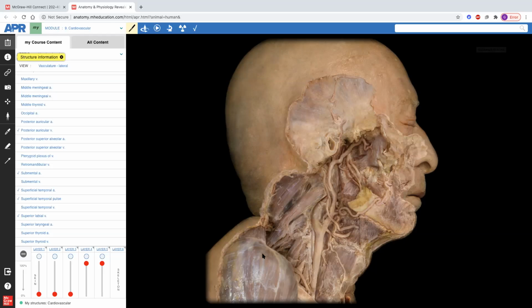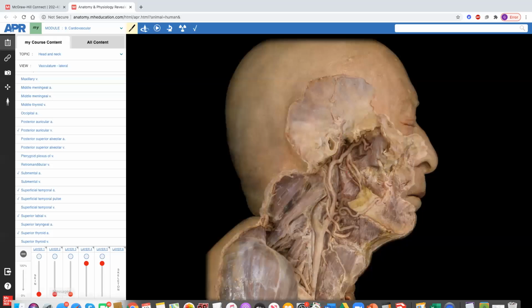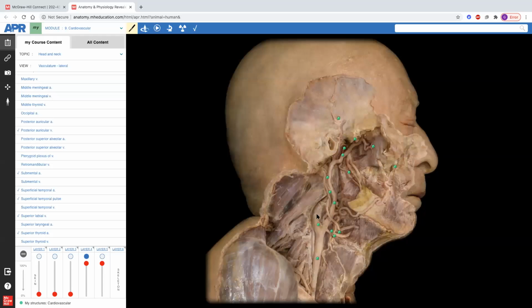What else do we see with the external carotid? We're going to see that it gives rise to our superior thyroid artery, right? It comes down and goes to your thyroid gland. It gives rise to the facial artery that courses up right here. This is our facial artery, right? Now, here you can also see the tags, so you can quiz yourselves when you guys have a chance,